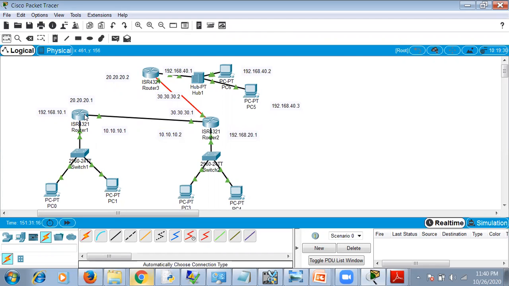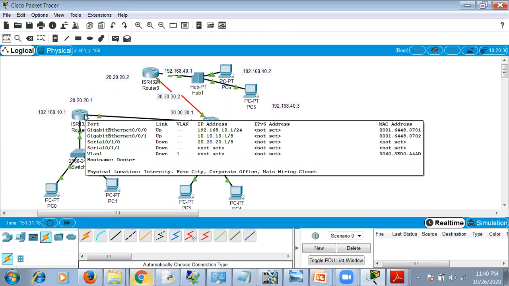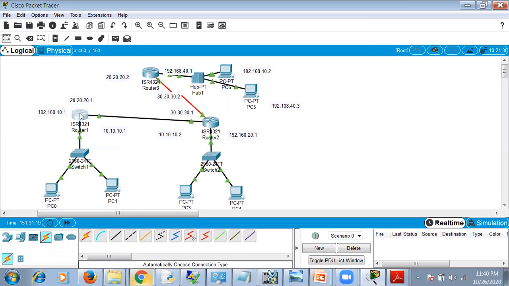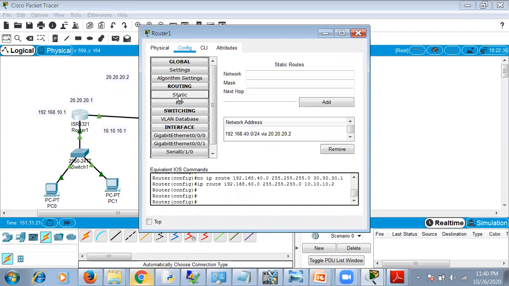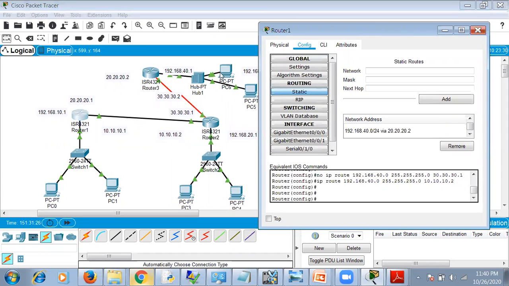Now we'll check whether the routes are proper, because there was so much failure happening. So in the router 1, to reach this third LAN, it has to go through 20.20.20.2. This is one path. And the second path is through this, so the number is 10.10.10.2.